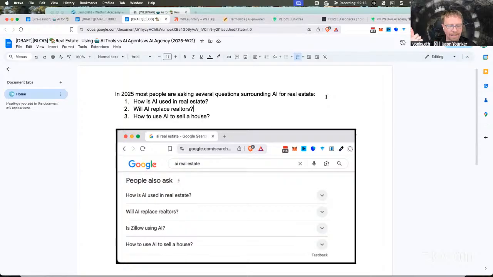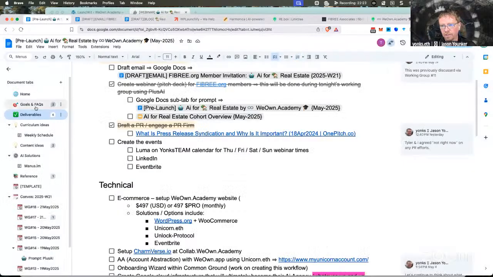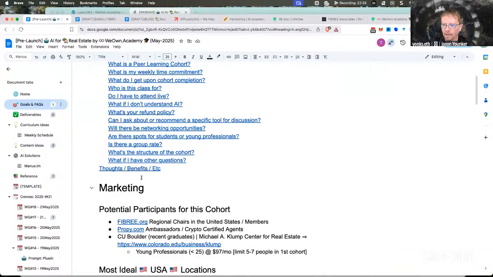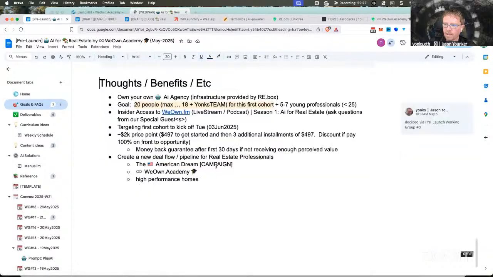And the way that they're the heroes is, let's just be honest about the other value proposition. I'm going to bounce back over here to goals and FAQs, thoughts, benefits, etc. So create a new deal flow pipeline for real estate professionals, the American Dream Campaign. The only people that are going to have access to the American Dream Campaign are the people participating in this cohort.